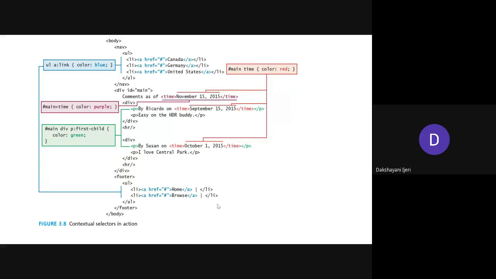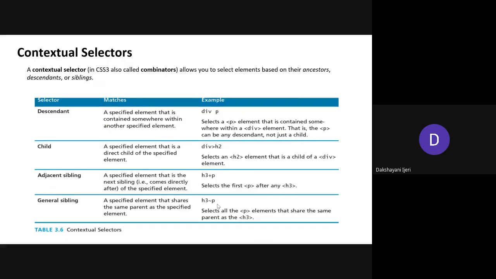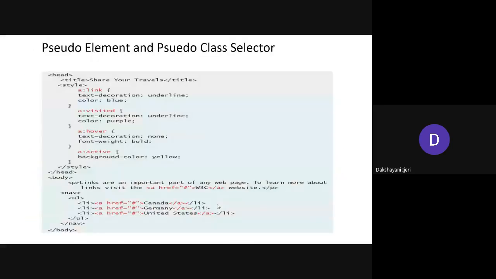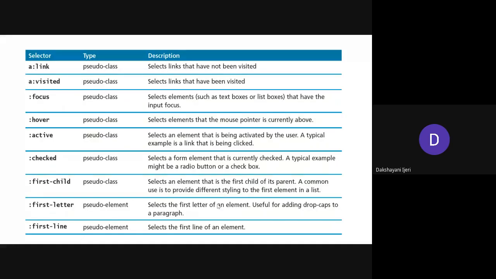So in case you are asked all six together, try to answer them in brief with a proper example. If you are asked individually, like explain the pseudo element selector, in that case you should explain all these possibilities, that is link, visited, focus, hover, active, along with the examples, in a theoretical description.